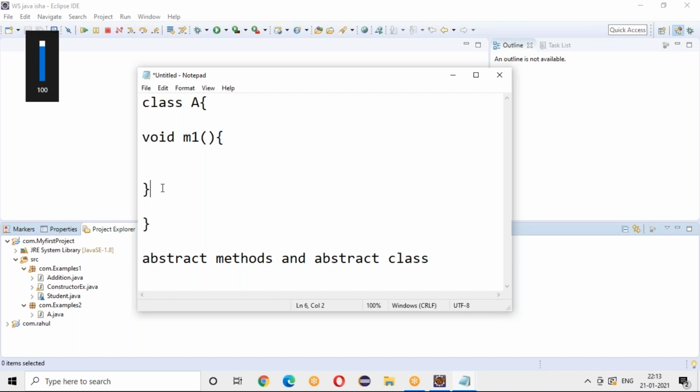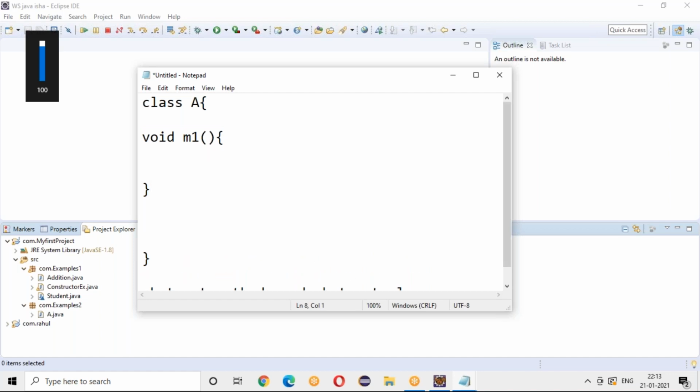If you see here, I have a method definition, closed from start to end. So this is a method with a definition. Here I'll write a method only with a declaration: void m2, and I want to make this method an abstract method, so it will not have a body. Generally every method has a body, but abstract methods do not. They end with a semicolon. And to identify it, you write the keyword abstract before the method. So this is how you write an abstract method.